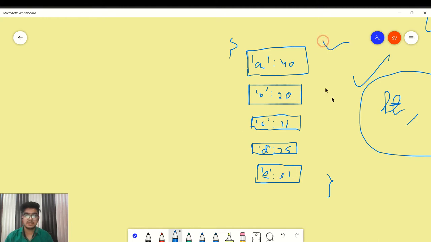I think you can see my writing is not good. So we have this heap in our hand, and now we have to create a binary tree node. Now to create a binary tree node, first of all we have to take the characters having minimum frequency. So here you can see the 11 and the 20 is the minimum one.